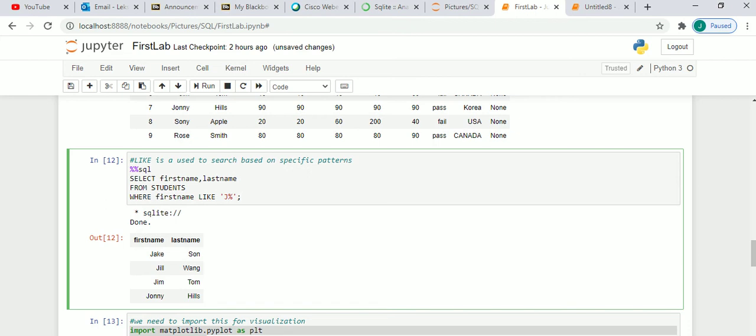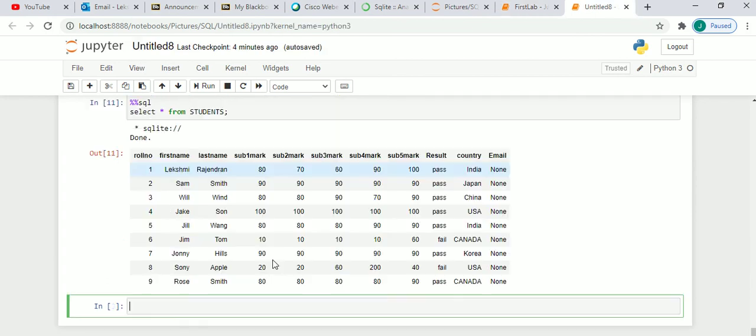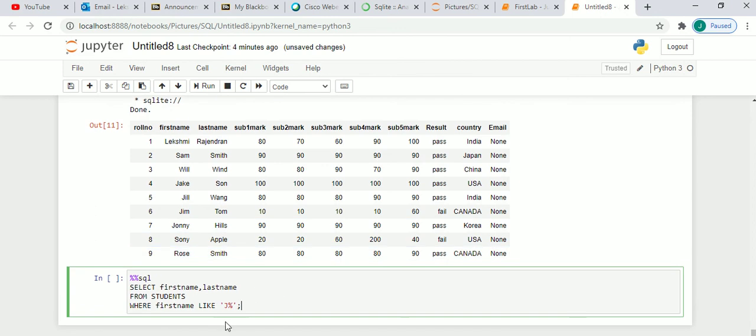Now this is a wildcard command. The main use of it is to search for some values which match a pattern.